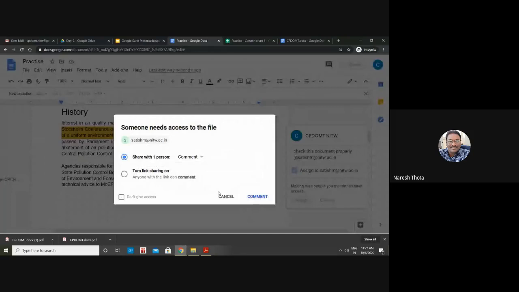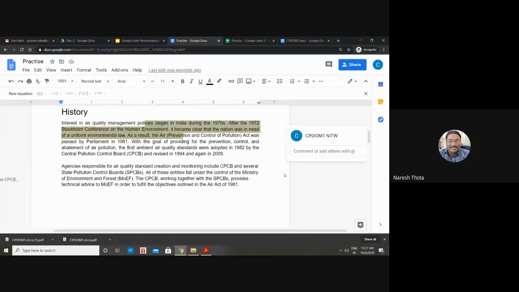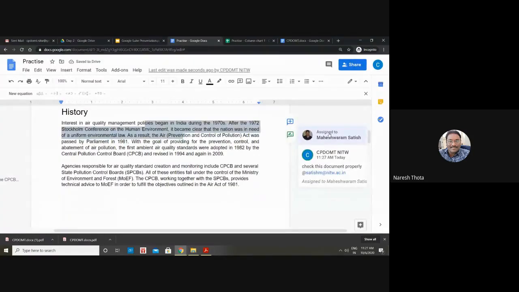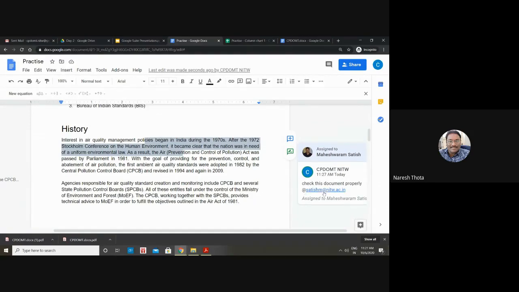What it will do is it will immediately go to Satish saying that I have commented something. See, it is sent. So once he edits something, I'll get a mail saying that he has edited it back and given some note, which is a cool feature about collaboration.